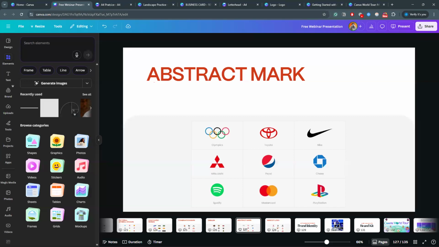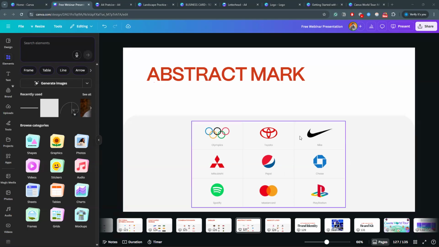See, for logo design, there are no specific rules. The main rule of logo design is it should be memorable. It should not be very clumsy. It should be simple, minimal, and memorable.